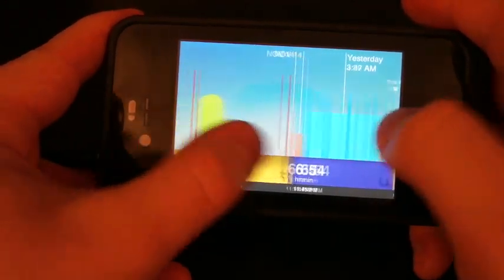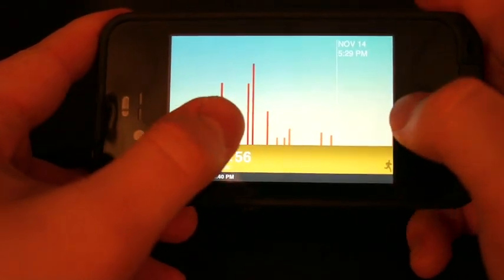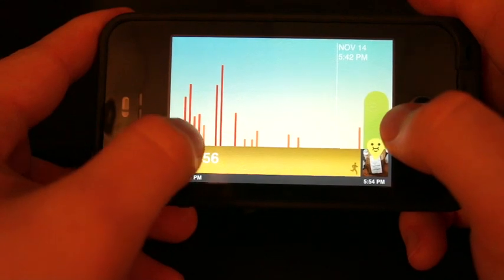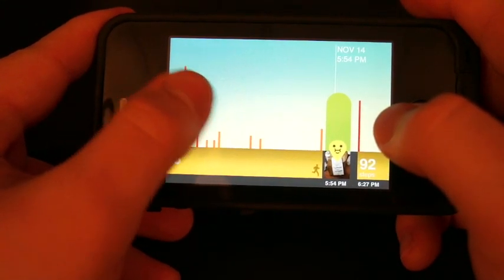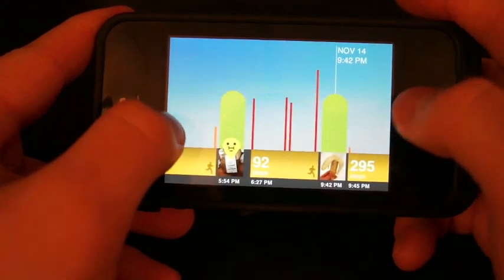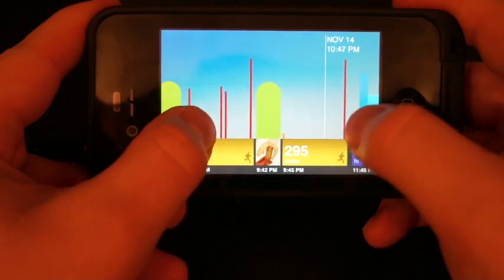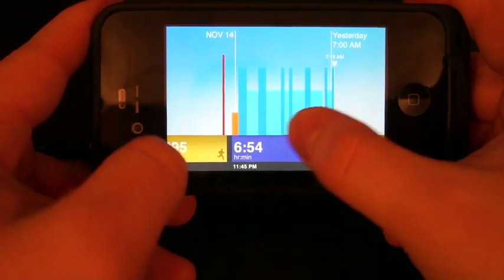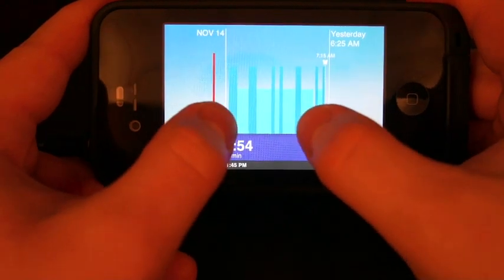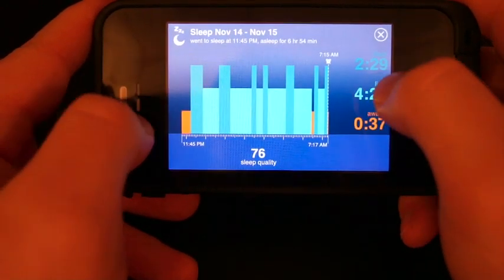So basically, the yellow parts are your activity, and you can see by the differing height in the bars here, that's differing amounts of activity and steps. So the higher the bar, the more steps you took during that time. Then you can see here you have your sleep graph, you can click on it to get a more detailed